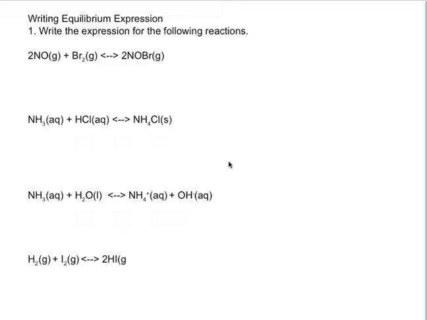First of all, you have to look at the equation and look at the states of matter. And if you look at the first equation, we have gas, gas, gas. So anything that's a gas is always going to be included in the expression. So what you're going to do is write K, that's the equilibrium constant K. Okay, that's equal to whatever the products are. So that's going to be